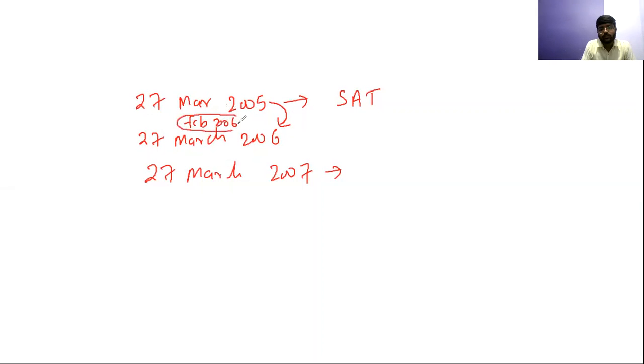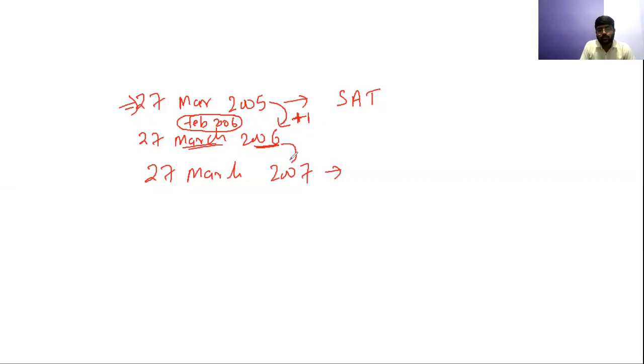Keep in mind, you are crossing the Feb of 2006, because Feb of 2005 has already been crossed. You are not starting from there. You are starting from 27th March, from the month of March. So after March, it will be April, May, June, and so on. When you come to 2006, you will be crossing January of 2006, then February of 2006, and then you will come to March of 2006. So in this way, you are crossing the February of 2006, and February of 2006 is ordinary, so you will add 1 here. You just crossed 1 year, you added 1.